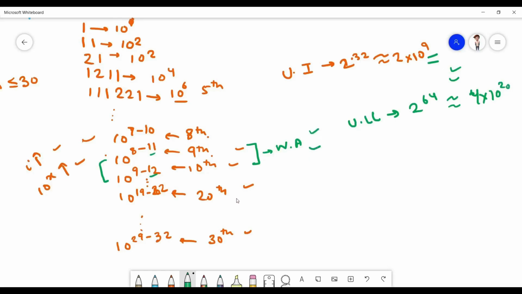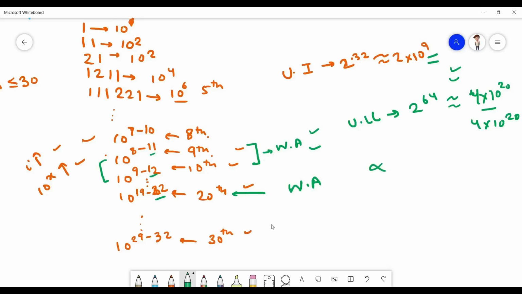But now coming to the 20th term, we are getting some value that is greater than this. What if the upper bound of the 20th is 22? If it is 22, then we will get a wrong answer over here also, because it is exceeding this 4 into 10 raised to the power 20 limit. Therefore, finally, we conclude that it is not possible.